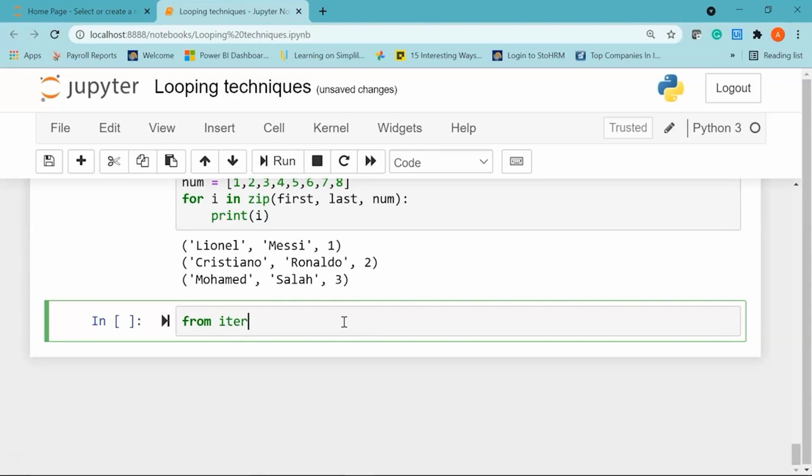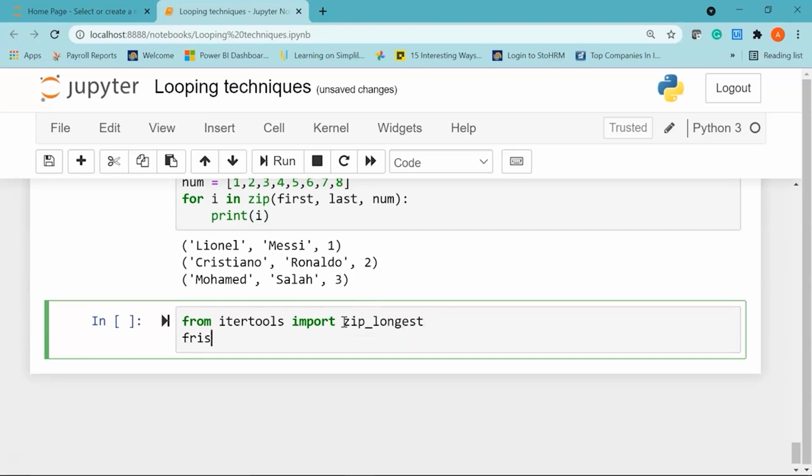So I'll say from itertools import zip_longest. Then I'll create my first list.